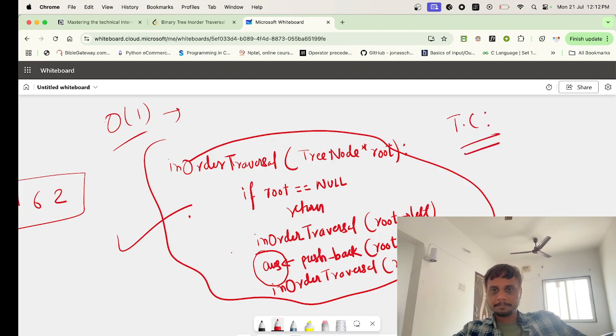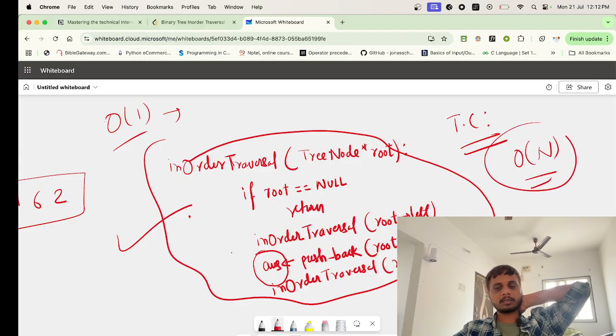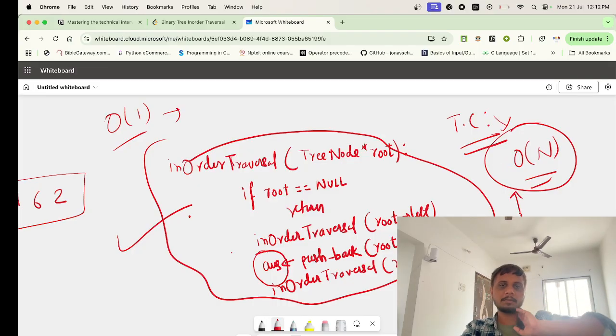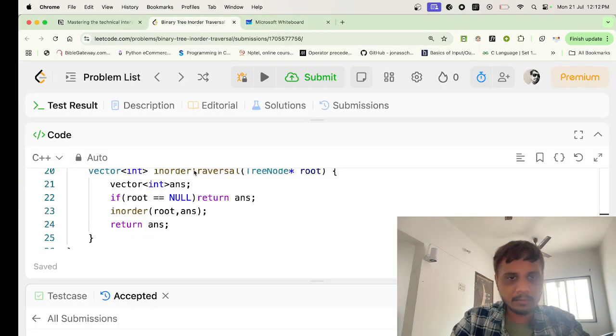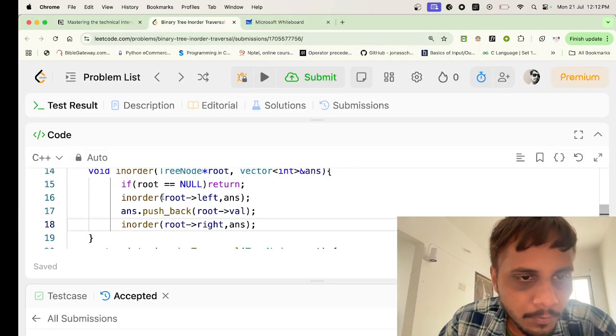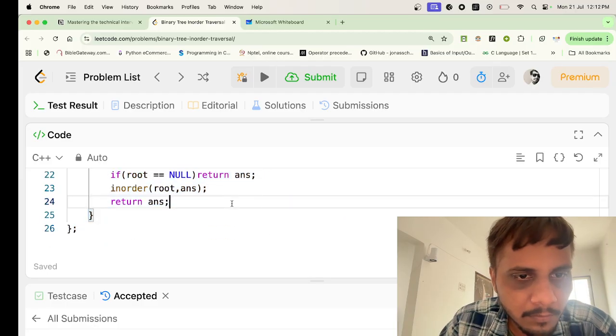Time complexity would be big O of n, because we are at most visiting every single node. We are visiting every single node, that's all what we are doing here. So big O of n would be the time complexity, and that is all. I hope we will start covering these